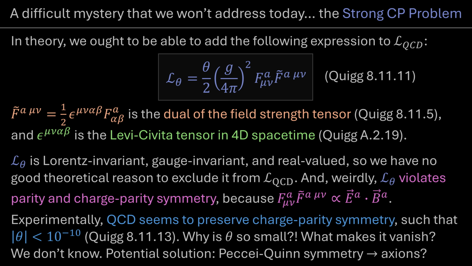Anyway, I just wanted to bring up the mystery of the strong CP problem and this theta term in the Lagrangian. I know this was a super fast, very cursory view of it, but like I said, to do justice to this topic would take many, many hours. So we won't be going any further on this topic today.